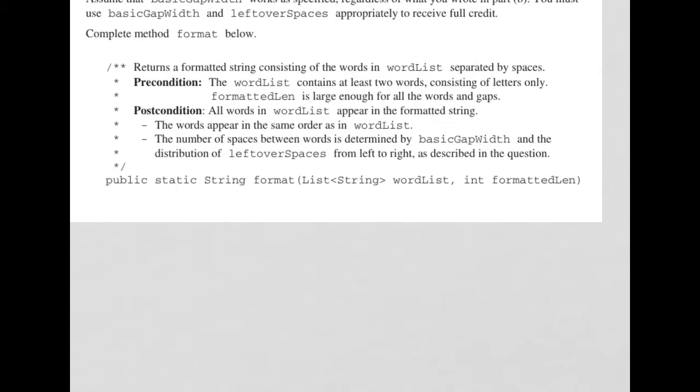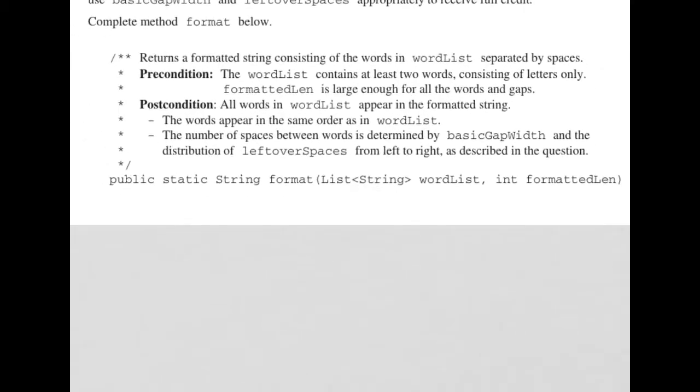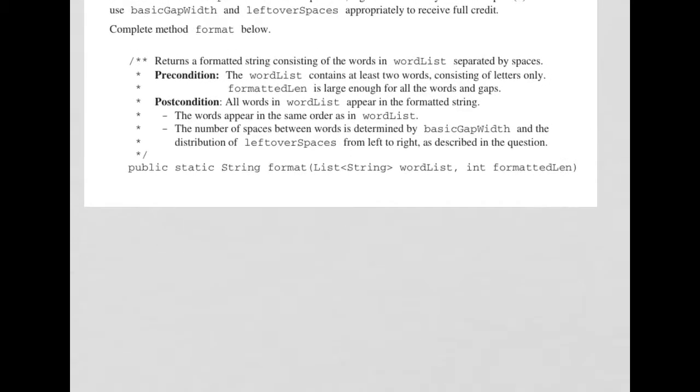So what we are trying to do is return a string of those words formatted properly, formatted how we were told to format them. That means each word has the basic gap in between them, and if there are any leftover spaces, you insert those from left to right. Okay, so the first thing